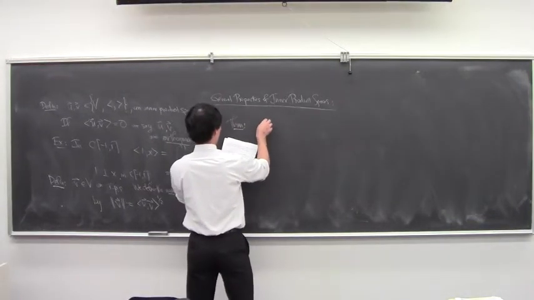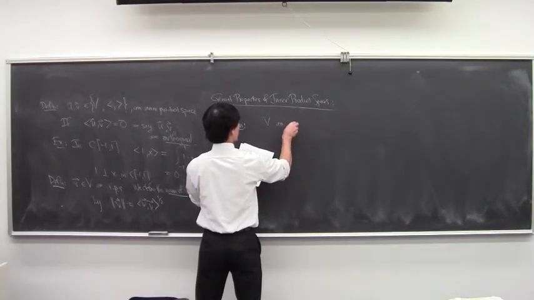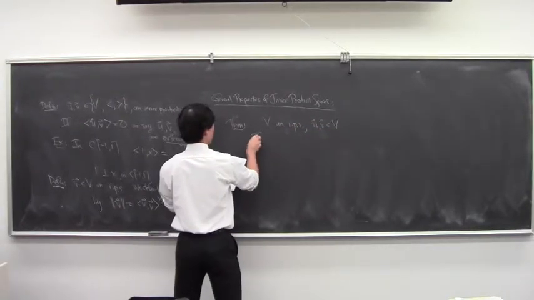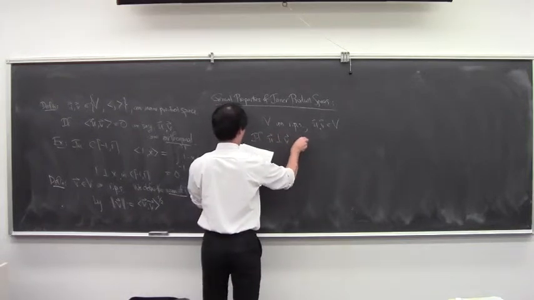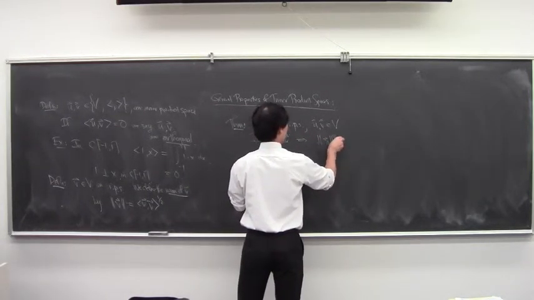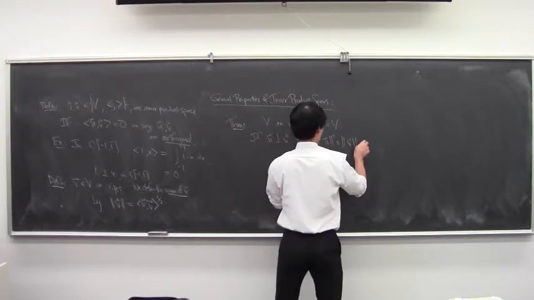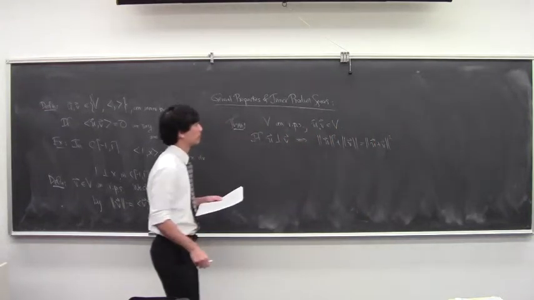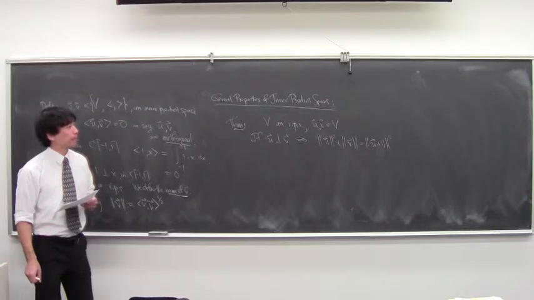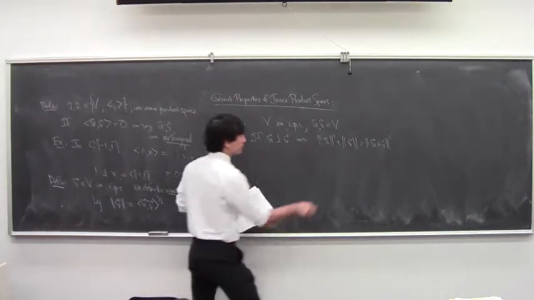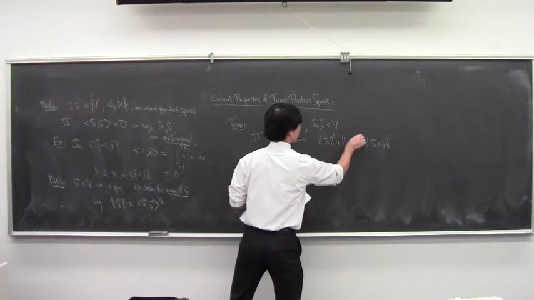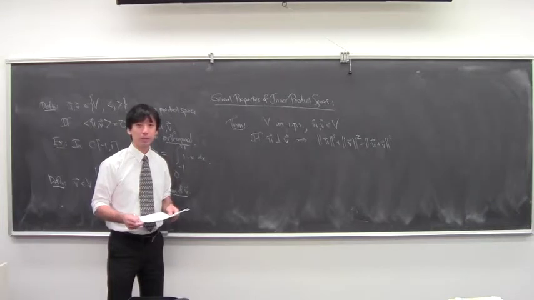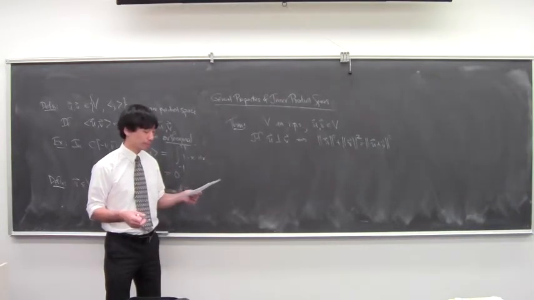Again, V an inner product space, and u, v in V. If u is perpendicular to v, then the norm of u plus v squared equals norm u squared plus norm v squared. So in any inner product space, you have a Pythagorean theorem,